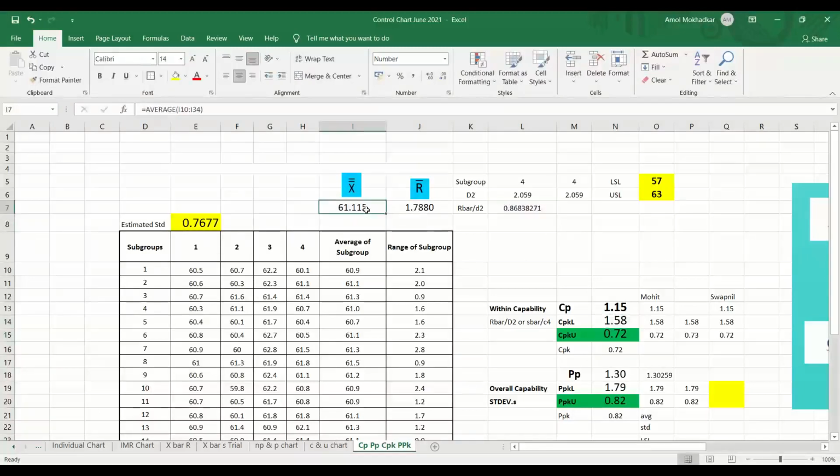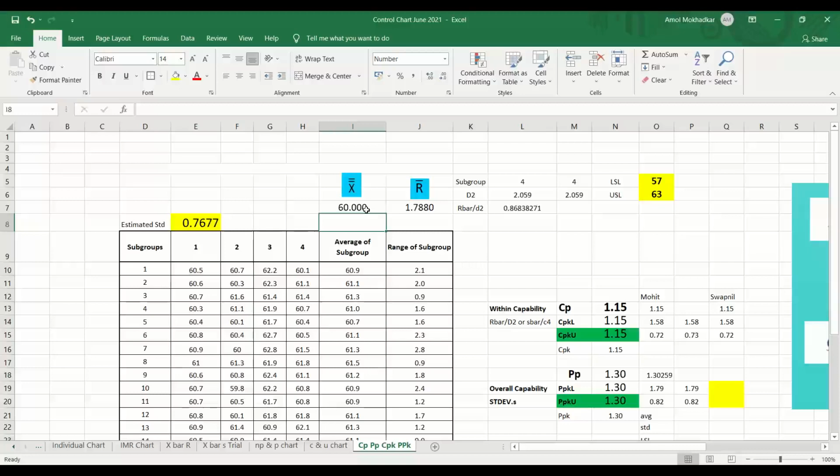Okay, now if I took it as 60, what is the value you got? CPKL, CPKU, PPKL, PPKU. Are all the values the same now? CPKL, CPKU, both values are same. PPKL and PPKU are the same.